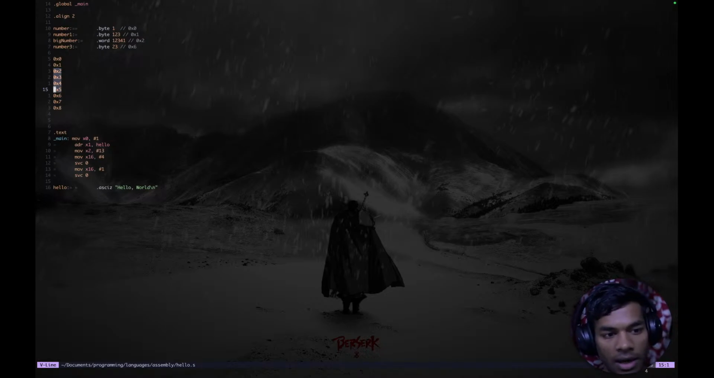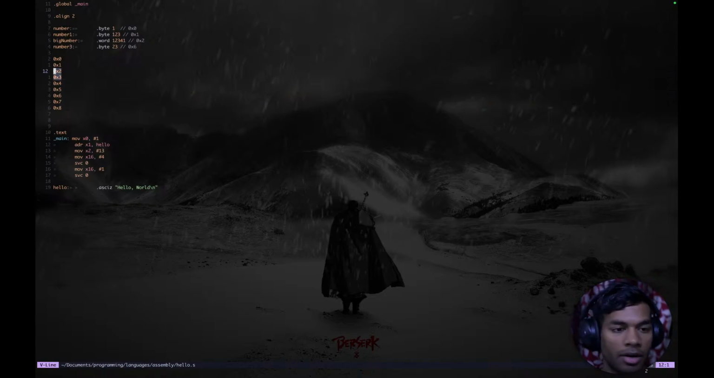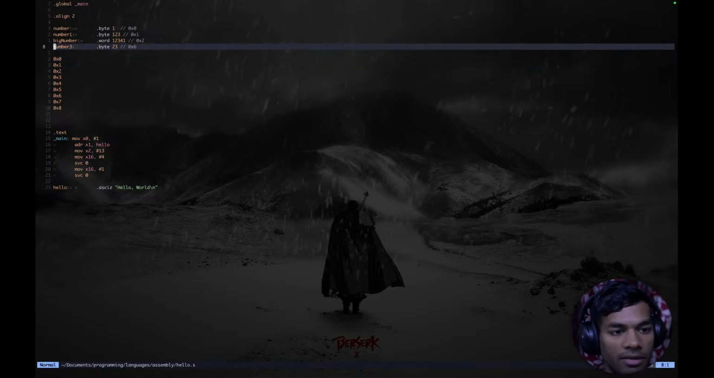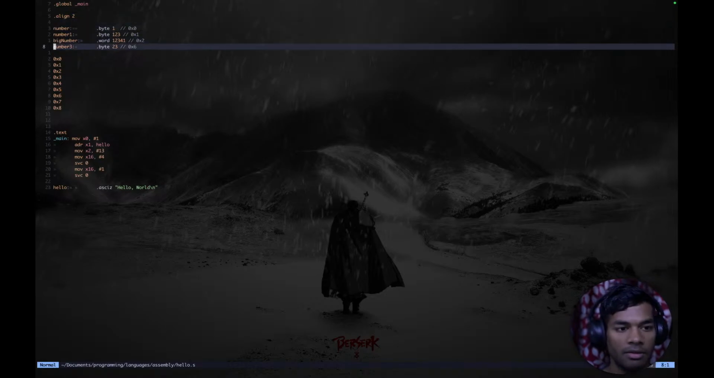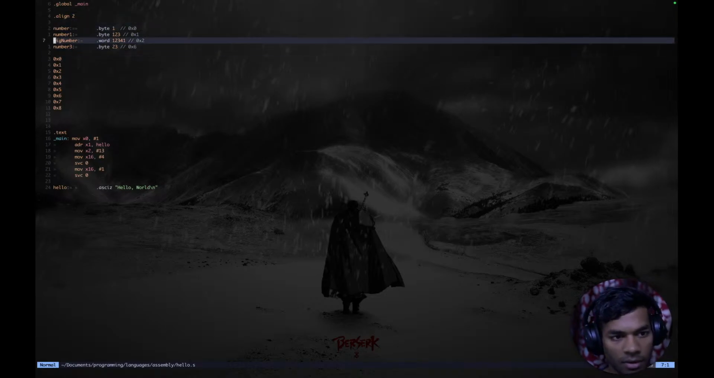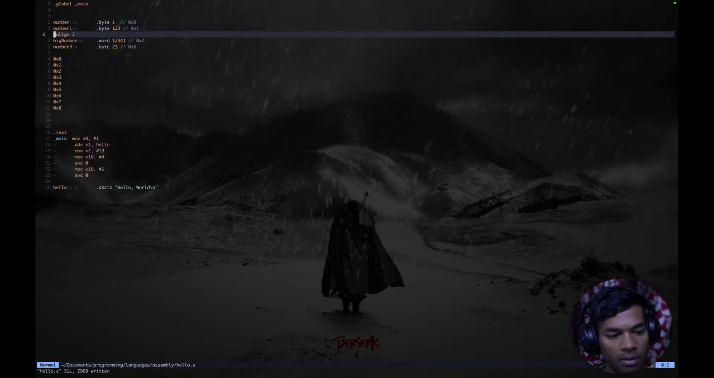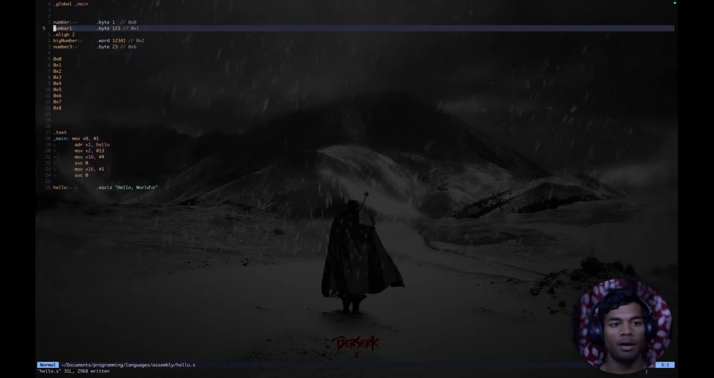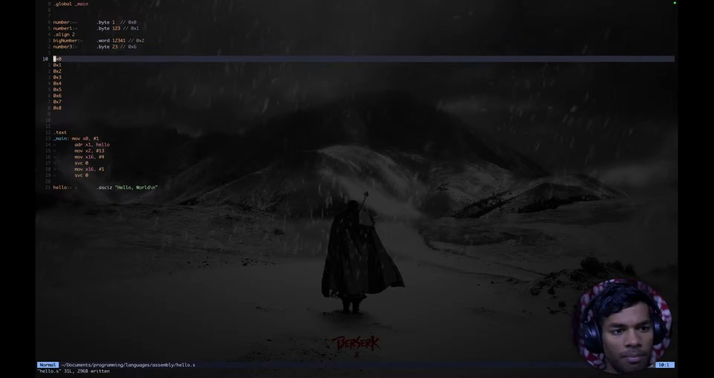Therefore, I would like to start storing the big number starting from here. So what I want is to skip the second and the third byte, the second and the third memory cell. How can I do that? That is done by align. Whenever the assembler sees this align directive,